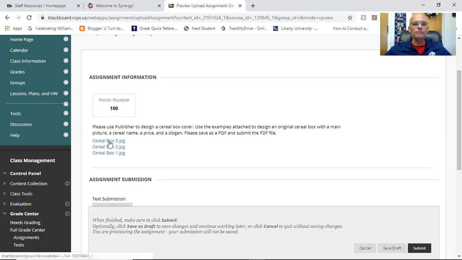So what you're going to do is make an original cereal box with a main picture, a cereal name, a price for that cereal, and a slogan. You've got to come up with your name and a picture. Now, for Nike, the slogan is just do it. A slogan is something that a company will use so that their name gets out there. When you hear it, you think of them. McDonald's,